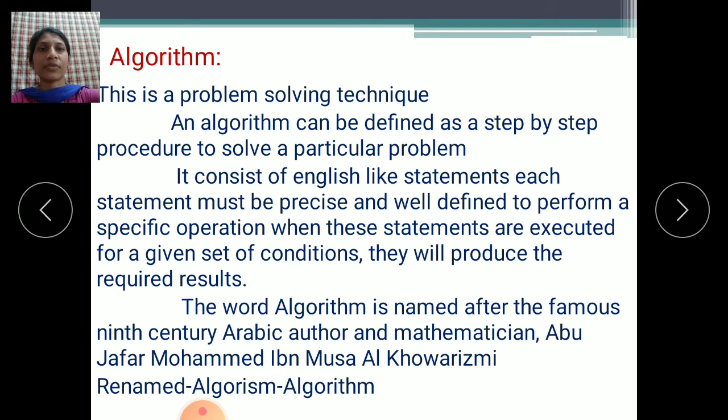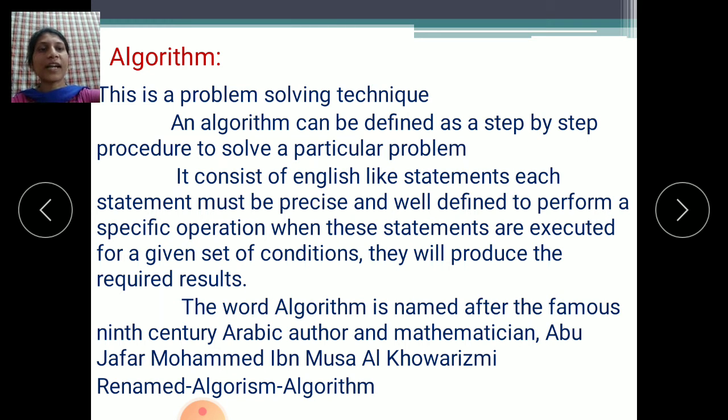Where does the word algorithm come from? The 9th century Arabic author and mathematician is Abu Jafar Muhammad bin Musa al-Khwarizmi. This is the name of the scientist.